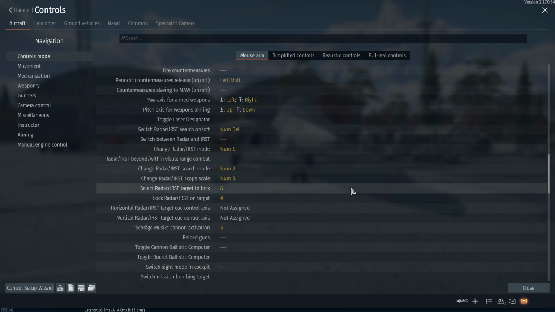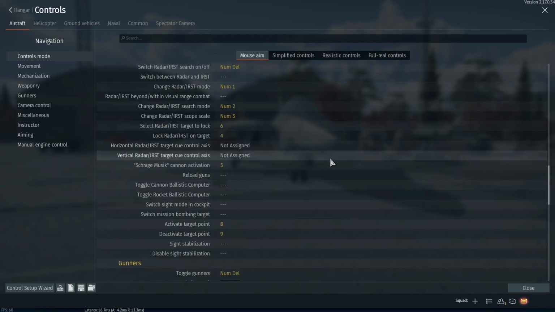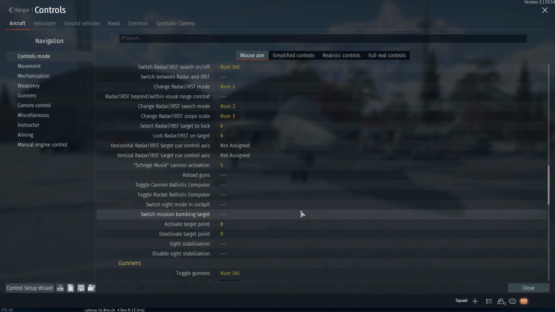This one is also very useful for doing guided bombs or bullpups, for example, because you can use this button to lock a target on the ground, or at least for a guided bomb on the ground if you don't want to use the targeting reticle, but I think it's best to use the targeting reticle. And then horizontal radar, target Q control axis, both of these can be done in the multifunction menu. Then we have a bunch of different stuff which once again can be done in the multifunction menu,